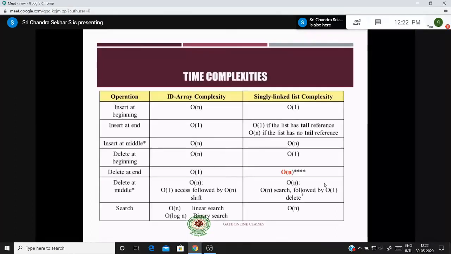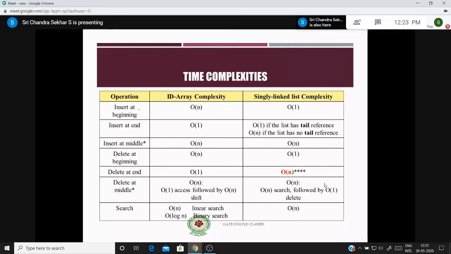This is important. This is the last point I am going to discuss before we get to doubly linked list. We can have a quick run through these slides, and listen carefully here. We are comparing the time complexities of a 1D array with the singly linked list complexity, right? This is very important. Please concentrate.